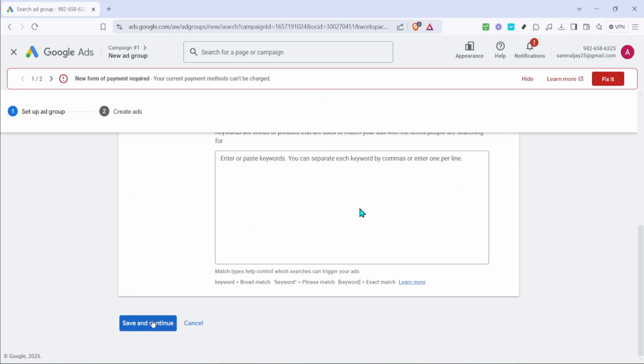Even though the process is straightforward, paying attention to keyword selection and organization can make a big difference in your results. Well-structured ad groups lead to better targeting, stronger performance, and more efficient use of your advertising budget. Keep reviewing and adjusting your ad groups regularly so they stay aligned with your goals and continue to perform well as trends and